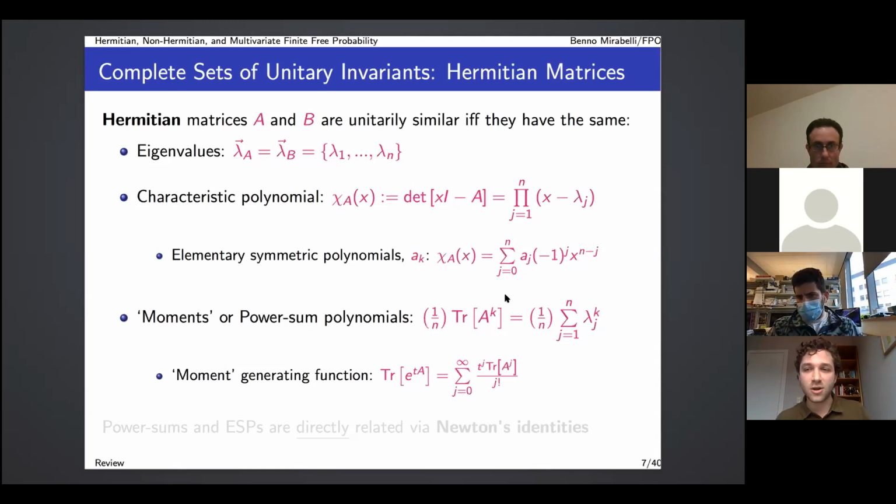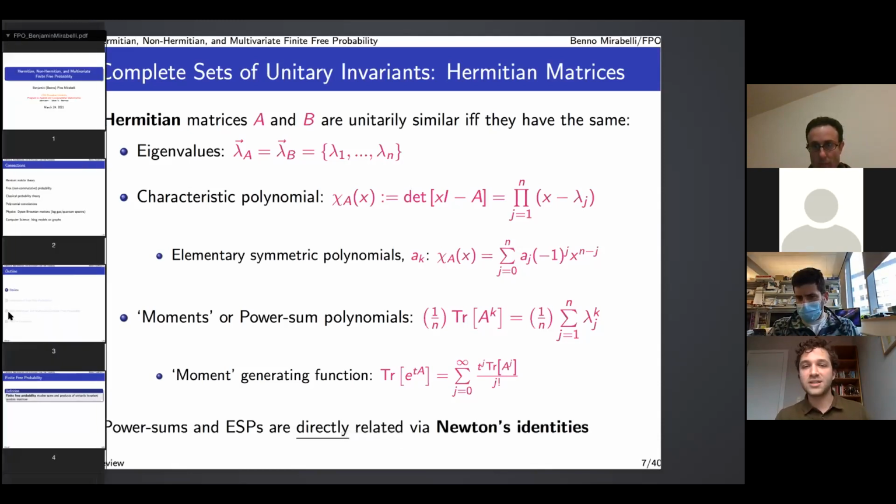But if you're coming to this talk from more of a probability background, you could think, oh, well, given that collection of eigenvalues, I can put a uniform distribution over those eigenvalues and uniquely represent it by its moments. And of course, knowing those moments is equivalent to knowing the coefficients of the moment generating function. So in this view, you can even think of the characteristic polynomial as the elementary symmetric polynomial generating function.